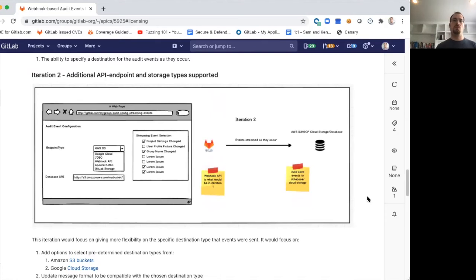In the first iteration, GitLab would be defining essentially, here's the message format, and here's the raw information. You as a user are responsible for storing it. But I think we have an opportunity here to really make it easy and delightful to use this experience out of the box by adding support for